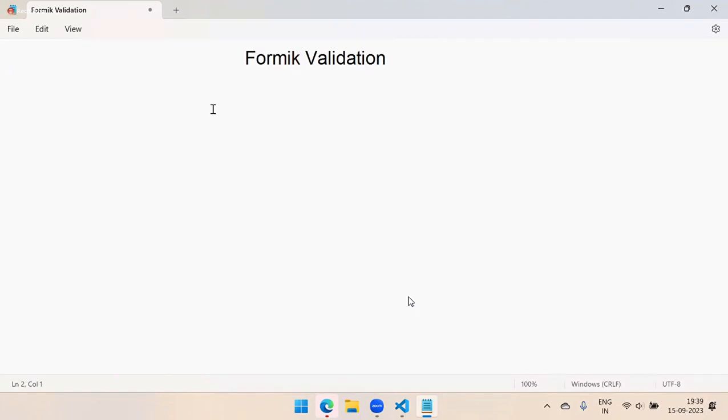But here, one advantage is it will reduce events. We can even reduce the functions also. I will show you. First, we will see basic validation. Then we will see a more simple concept of how Formik can validate. There are two options. Formik can handle validation